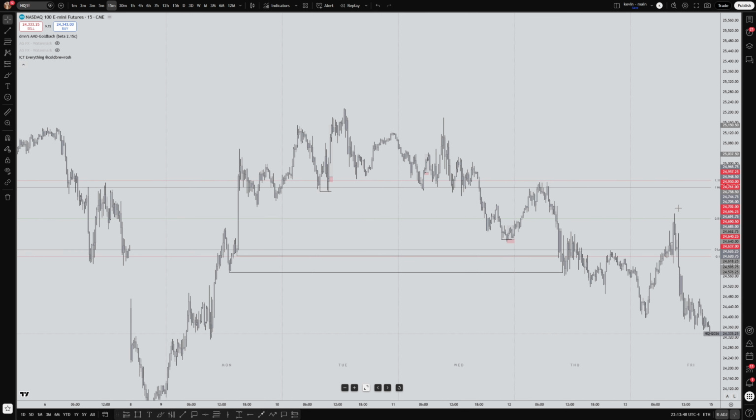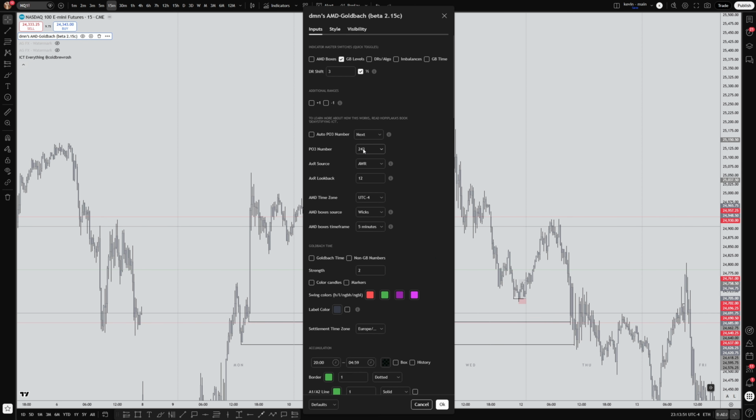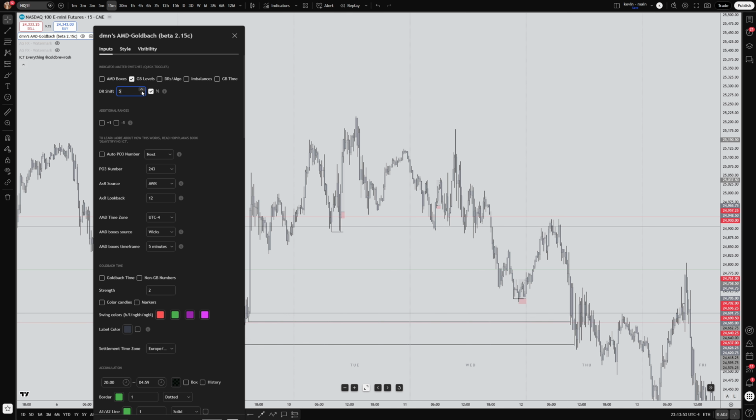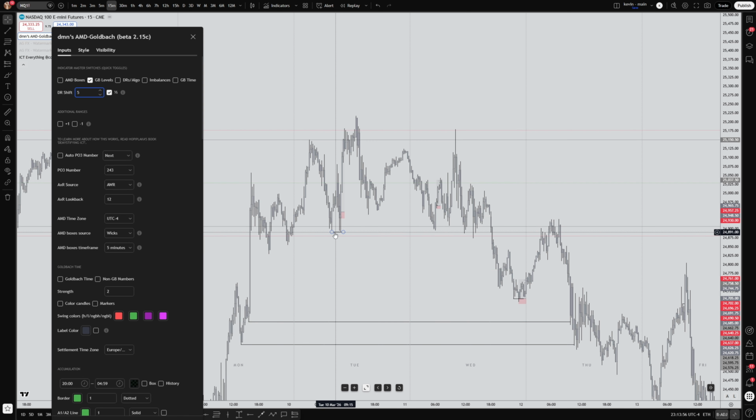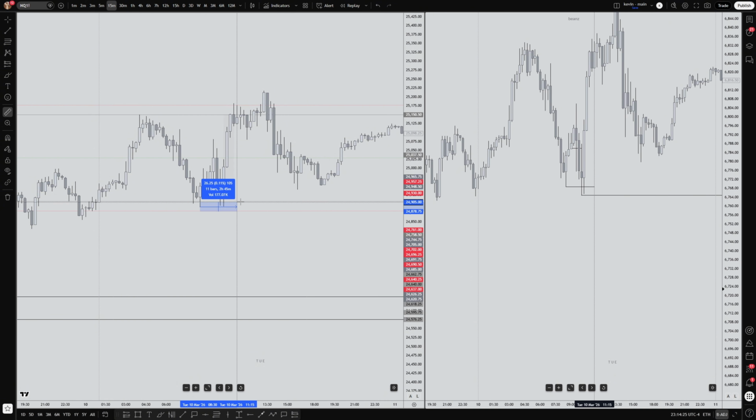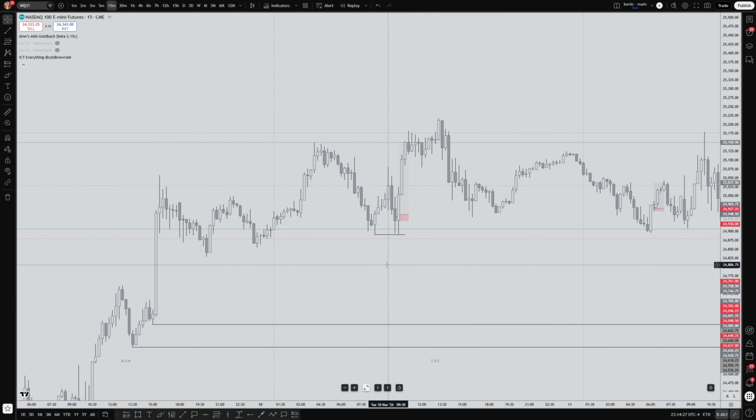Tuesday was a good trade. Let's see. Let's pull our range up. What's happening here? Oh yeah, this was that weird day where we didn't take out the equal lows and we pumped. So looking at ES, I'm pretty sure ES took out that low, which is why I took that long. Yep, right here. ES took it out. Otherwise, I would never take this long, right? So, with that in mind,